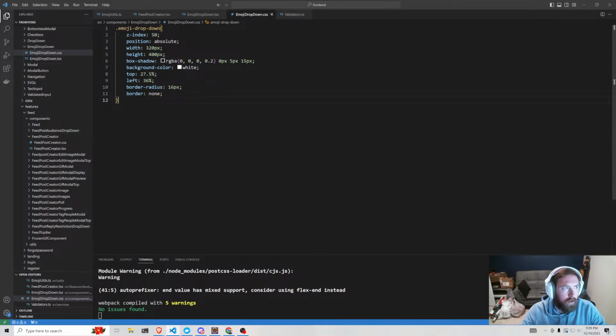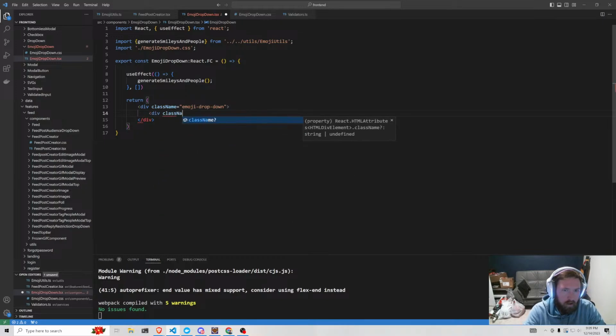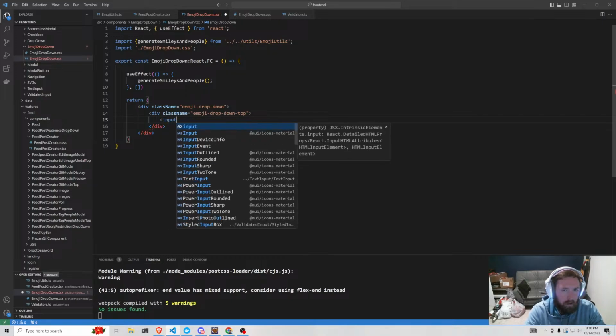So now I want to go ahead and start getting some actual emojis and stuff in there. So this has like a top section, a middle section, and then a bottom section. So we'll go ahead and say div className equal to emoji dropdown top, and the top has a search bar. So this would just be an input, I guess, or